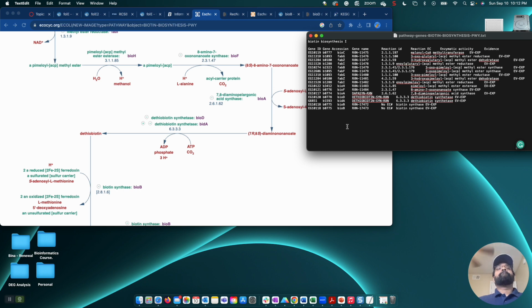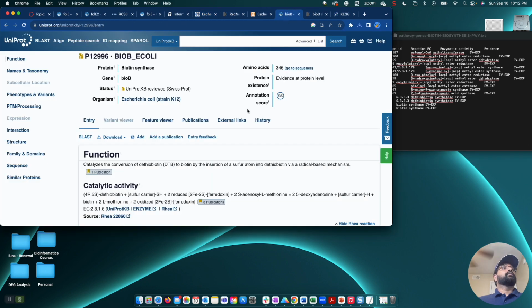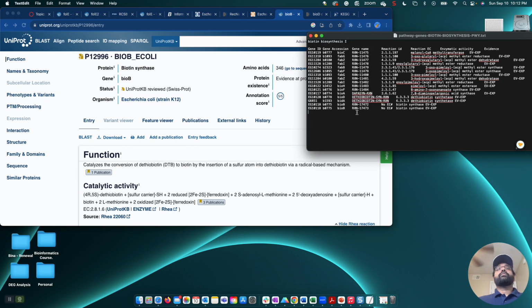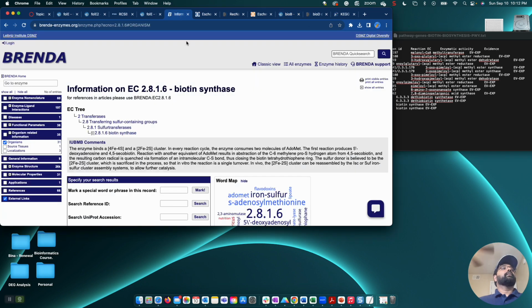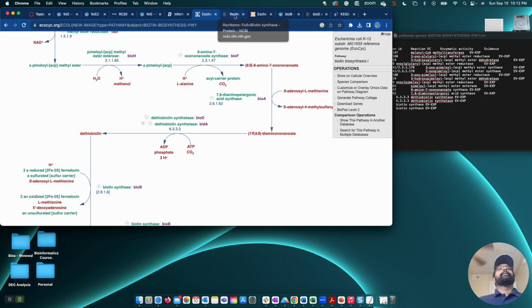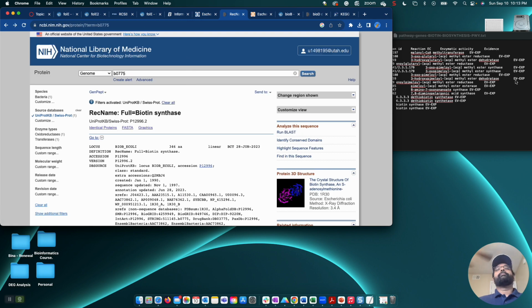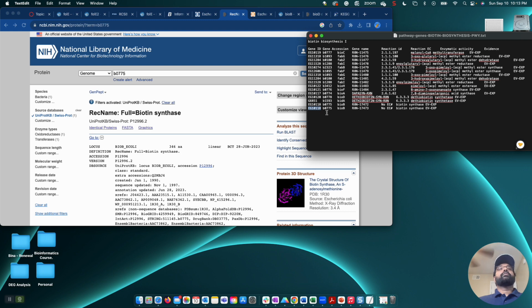So let me go back. So this is one of the searches. If you use this, I'm going to play around a little bit. So this is the gene ID and all that, and then this is the accession, and this is the gene name, reaction ID. So I'm going to use this particular number, which is the gene ID, to look it up in the NCBI database. Oh, hold on, sorry. There you go. So what I used was not this one. Sorry, not gene ID. Just the gene name,